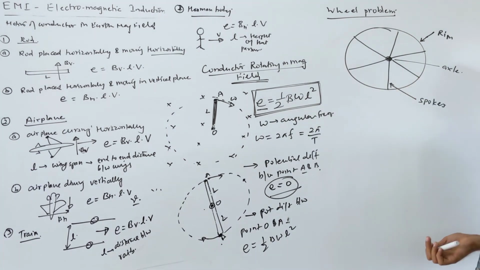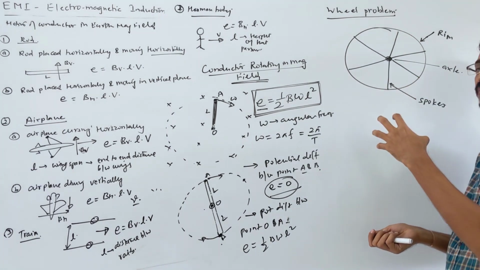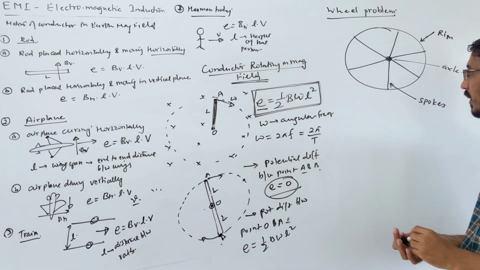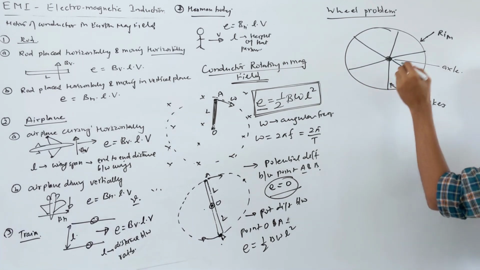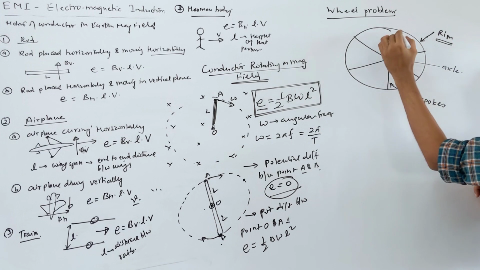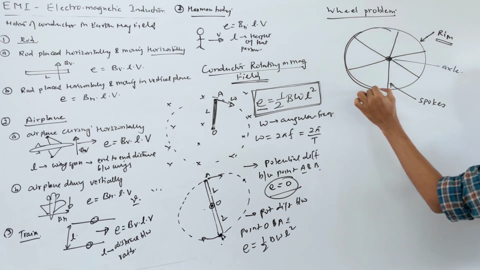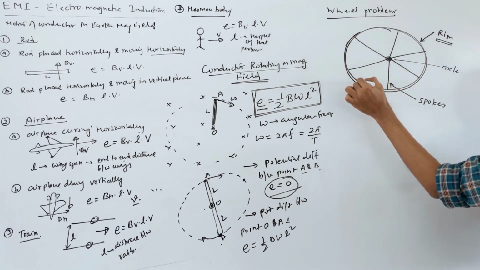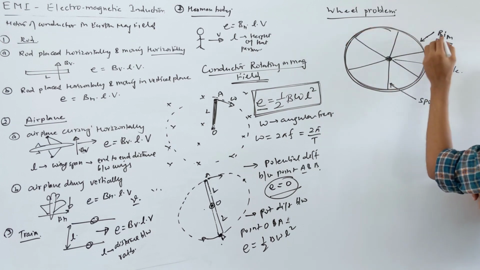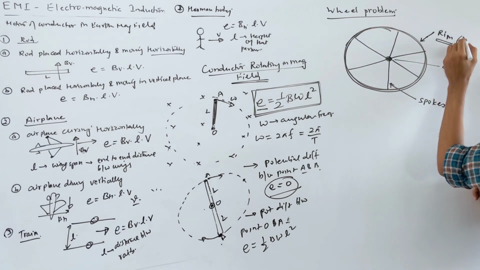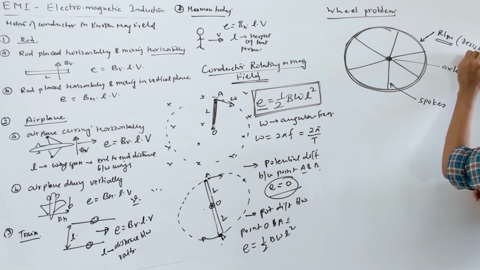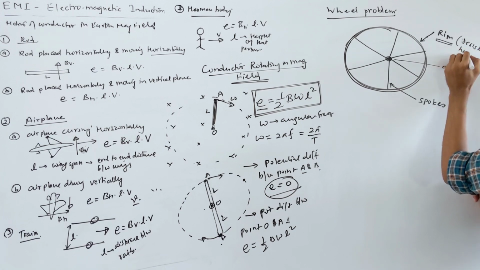Okay, here they ask how much current is produced, the induced current and induced EMF. One thing I always say: when they ask wheel problems, the resistance of the rim is to be neglected. Otherwise this problem becomes very difficult, so they make it easy. How? You say the resistance is negligible.